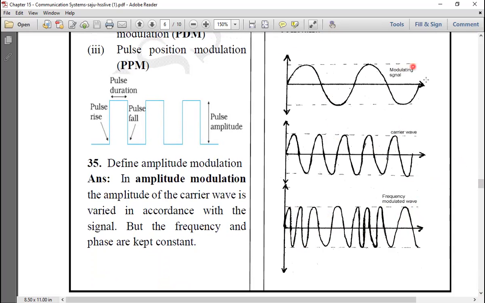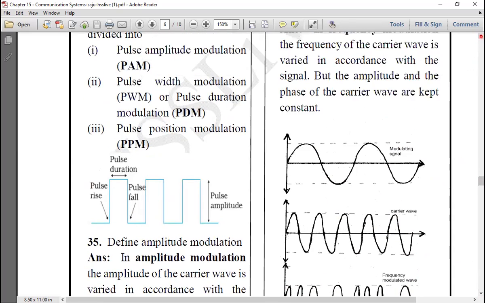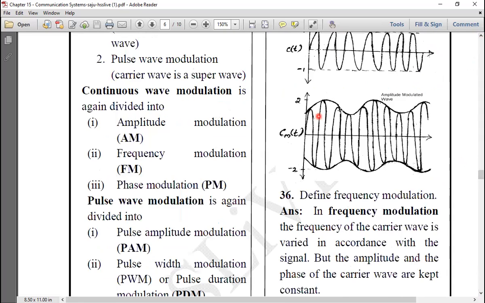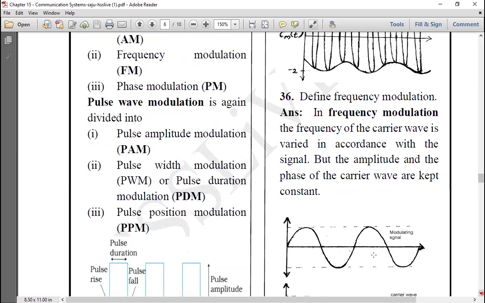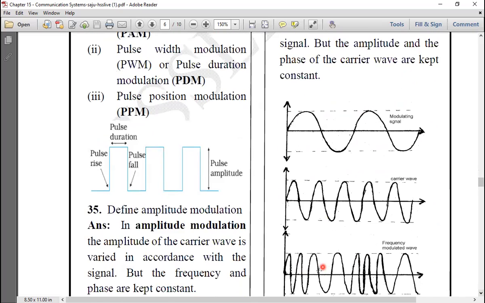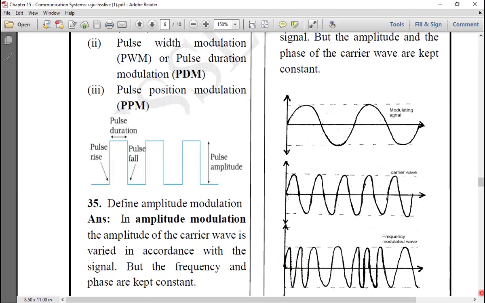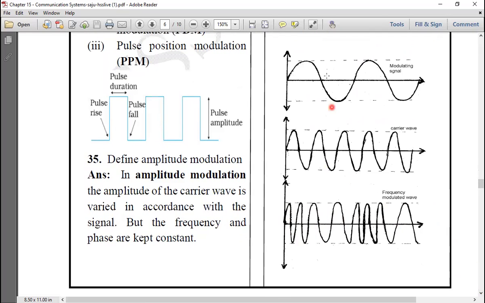Whereas in the above case, the amplitude was changed, you can see here. You see here this amplitude is changing. Can you see the displacement is changing from the mean position? That's why it is an amplitude modulated wave. Whereas here, down below, the frequency is changed. The number of waves per unit time is changed. Here there are more waves, here fewer waves, more waves, fewer waves. That's why it is a frequency modulated signal or wave, we can say. Got it?